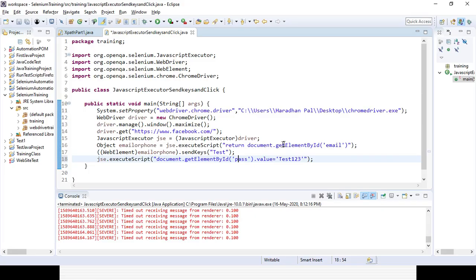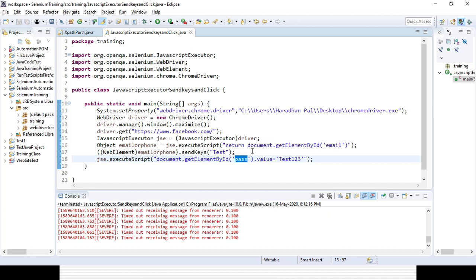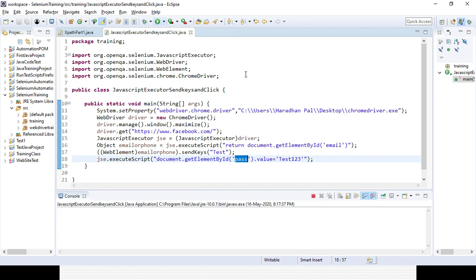Then you enter the value with dot value, end with a double quote, close the bracket, and end with a semicolon. Let's run the script and see whether the test value enters in the email field, and in the password field with the help of the ID.